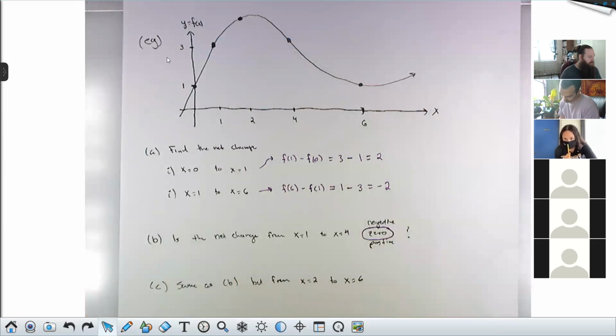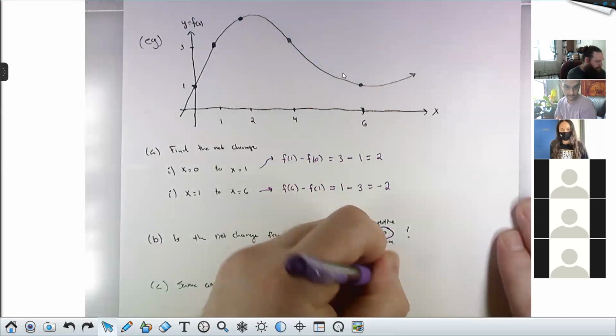Okay, and what about from 2 to 6? Negative? Negative. And you see, even though I don't know what f of 2 is, this is sort of the power of thinking about things in this way. Even though I can't compute the net change because the graph doesn't have this y value labeled, I can still say that net change is going to be negative, because the output at 2 is larger than the y value at 6, which means that as x went from 2 to 6, overall, my function has gone down. My outputs have decreased. So this one would be